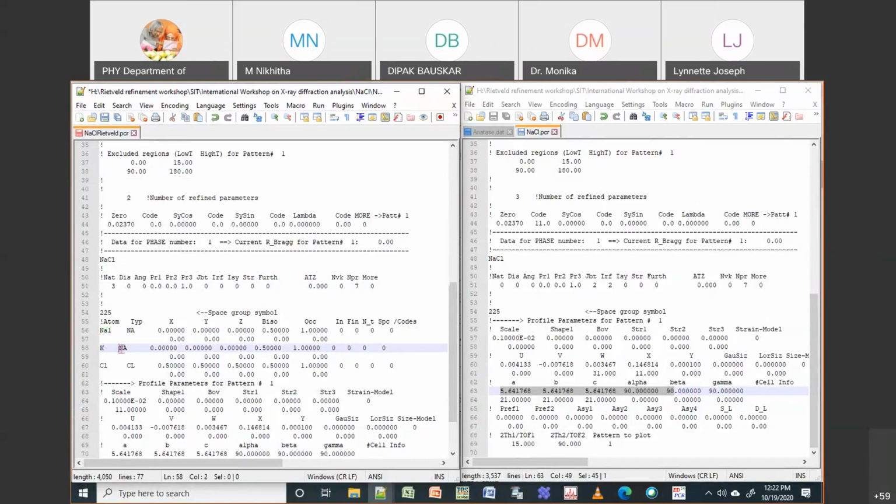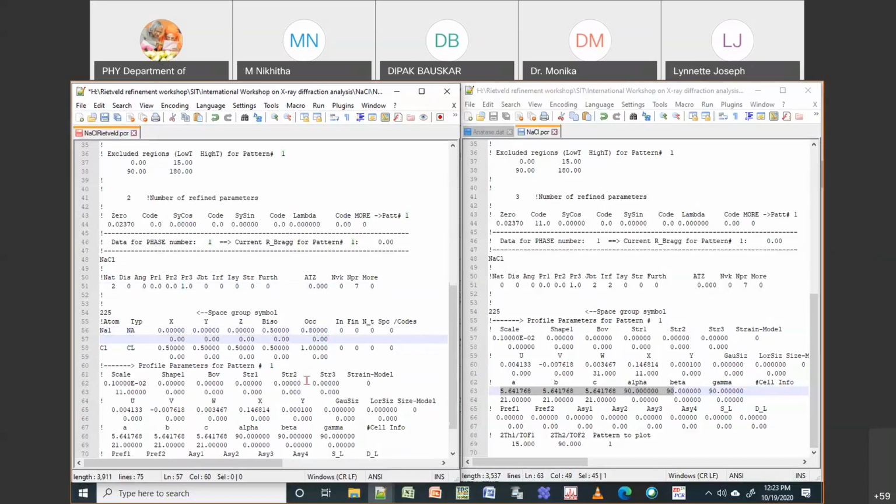Then this second element is K, and according to your fraction I can put it here. If I am putting Na 0.8 and K 0.2, then this will become something like this. So these are the things which are changing here. You can do it either through EDPCR or manually using your notepad.